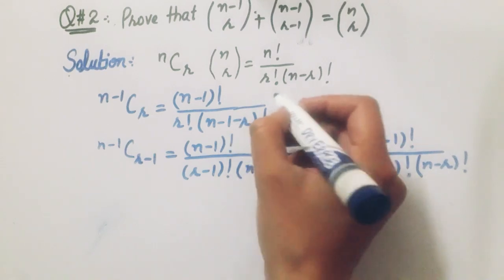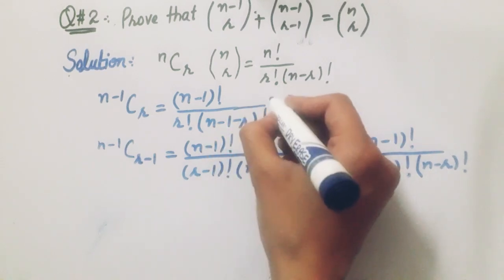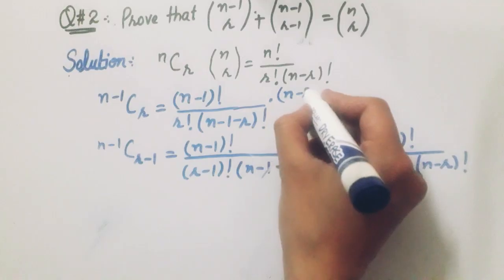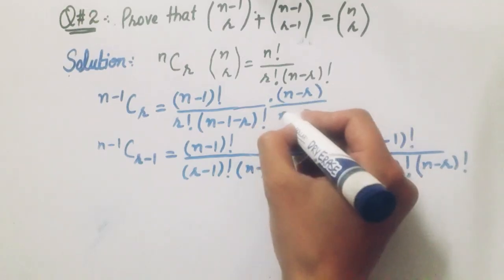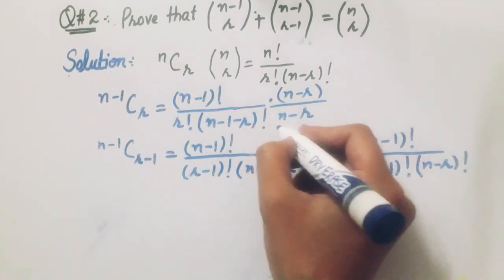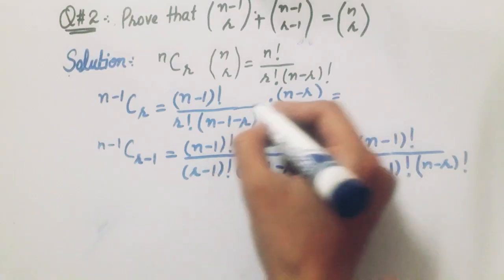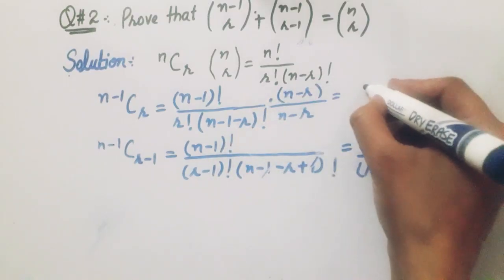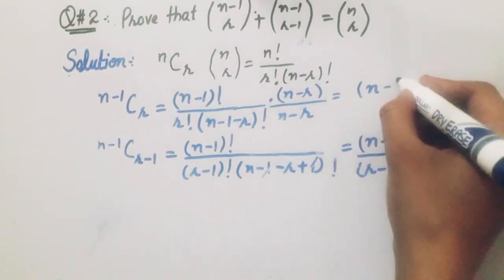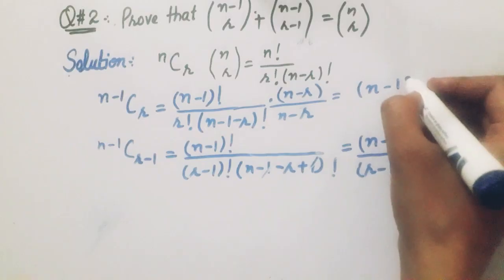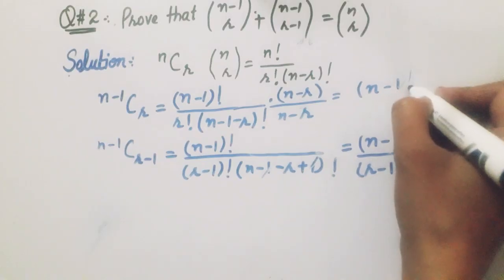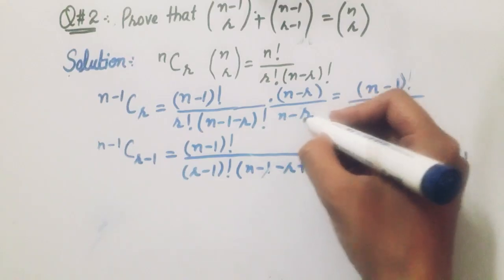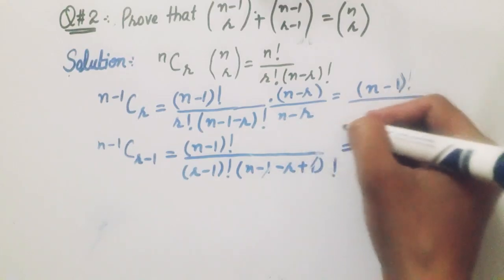For this purpose we will multiply this by n minus r by n minus r. So this term will be equal to the n minus 1 factorial, and then we have